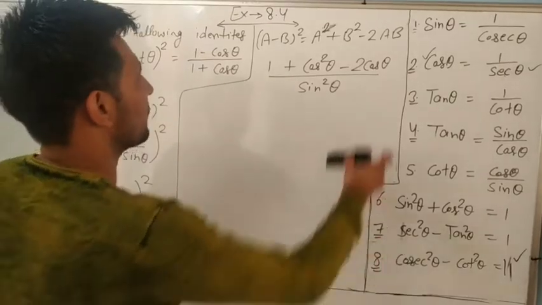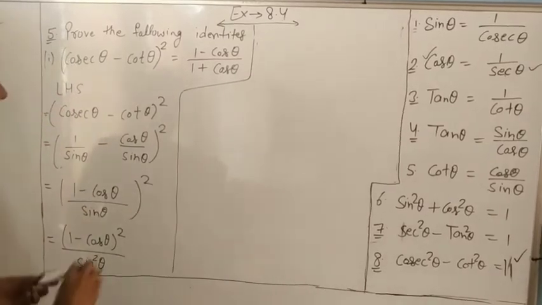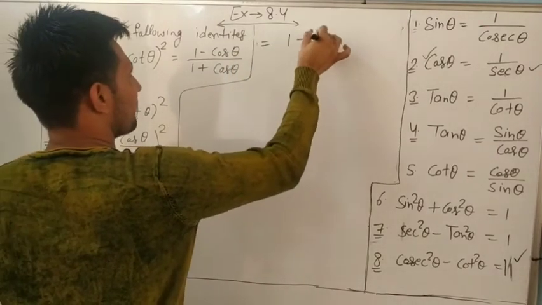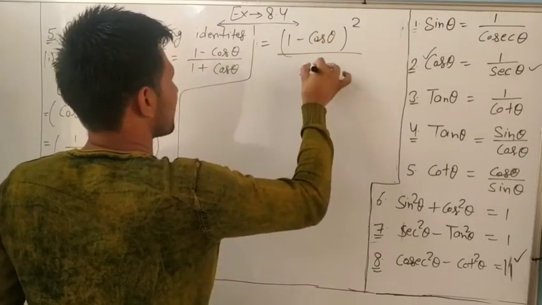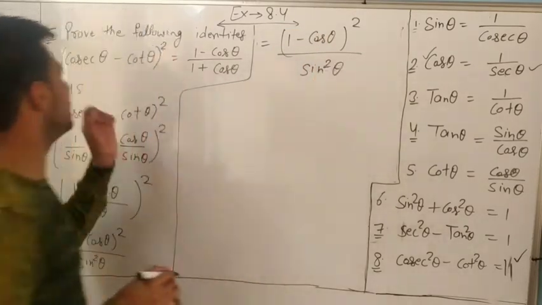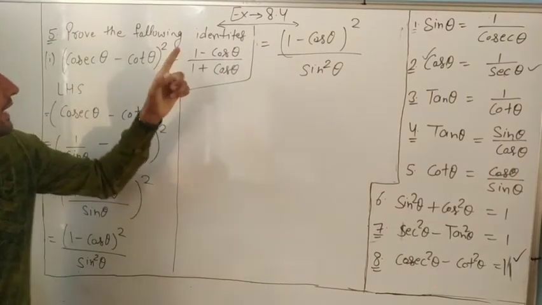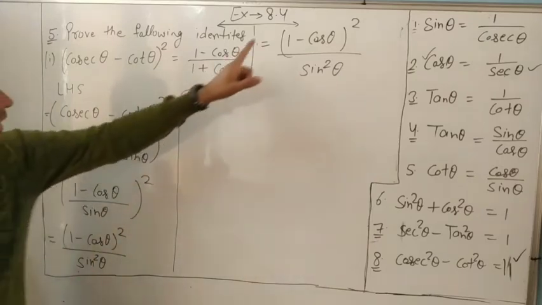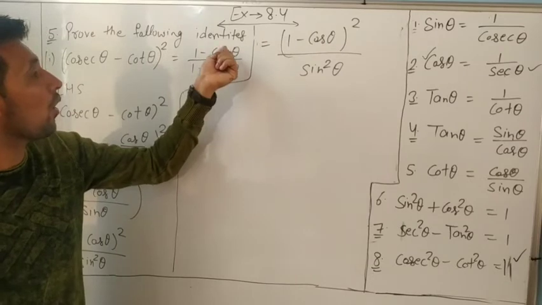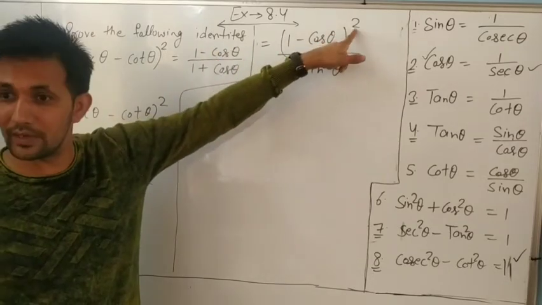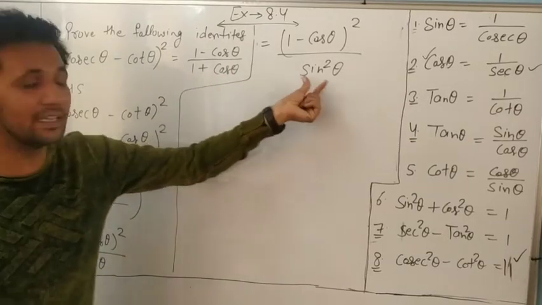But we can do one more thing. Look here, it becomes 1 minus cos theta. And always, look everyone, our focus should be on what the right hand side is. Right hand side is 1 minus cos theta. Here 1 minus cos theta has already come. So it means we only have to remove the square. On the other side, in the denominator we need cos, but here it is sine.